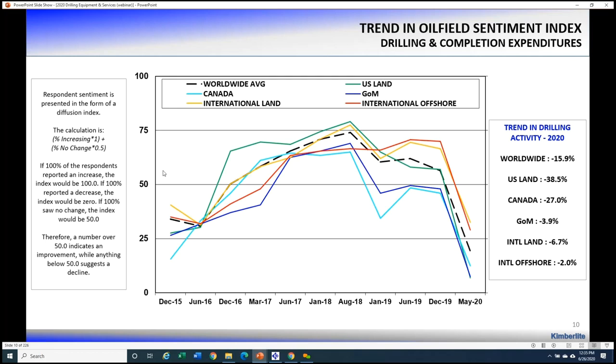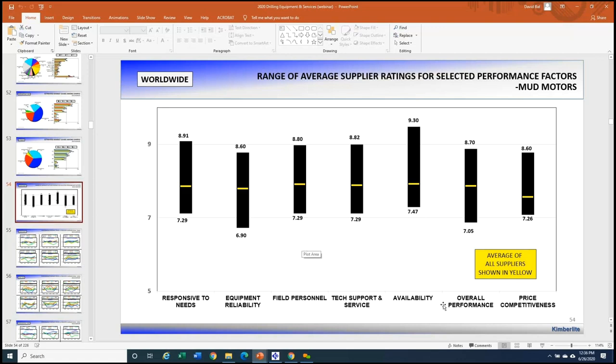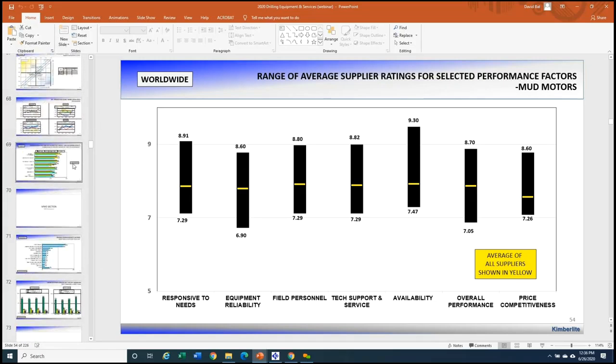I see there's one more question that deals with what's the key buying behavior? Is it more service, price, or technology? I think to answer that question, it may be better for me to go into one of these bar charts like this. We'll find that there is a strong amount of variance between supplier performance for price and for service and for technology. And we also find in our research that when we ask the E&P operators how likely are they to